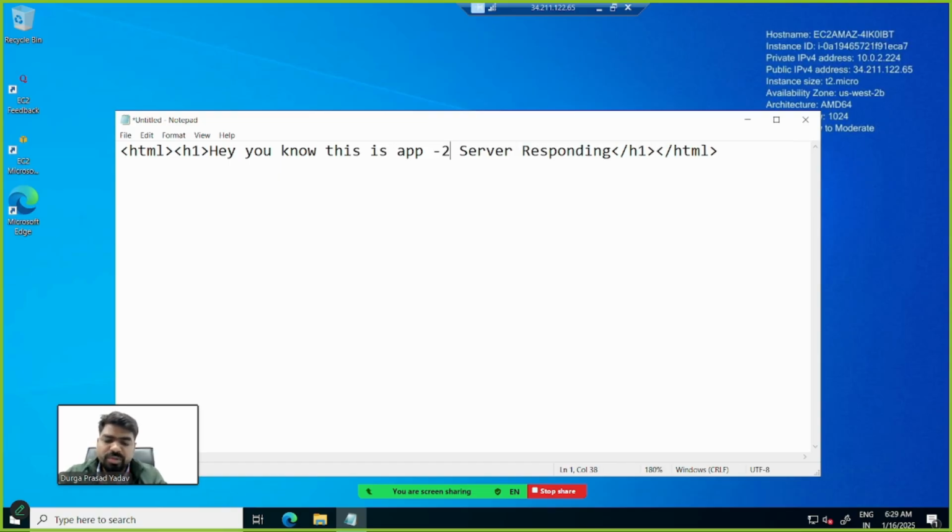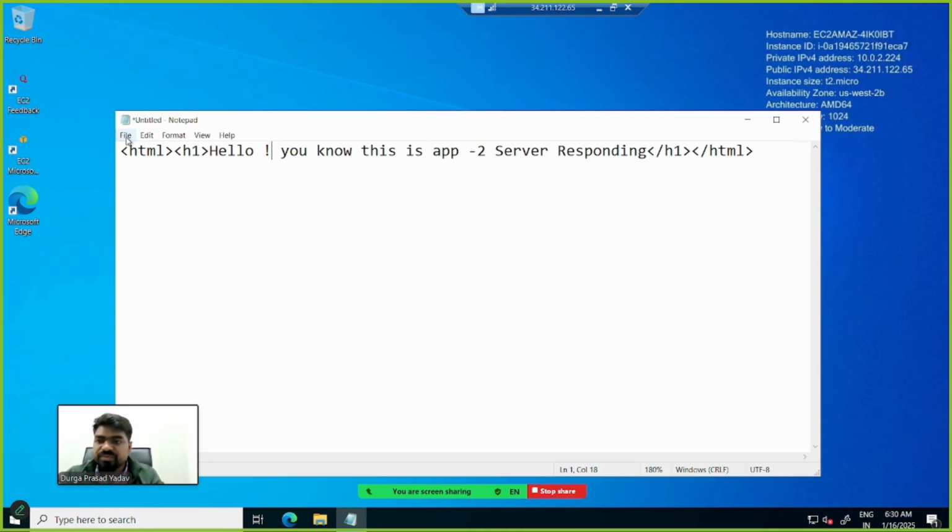Or just 2 is enough. Hey, this is app server 2, right? Or if you need to add something else, you can add. Like here you can add hello. So guys, if server 2 responds, here it will come app2, right?